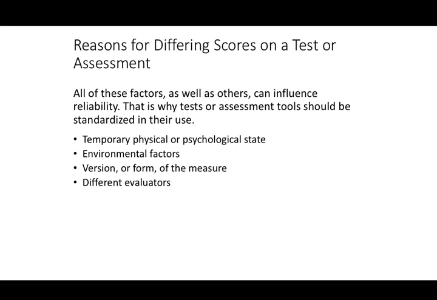For example, I might be anxious today, and that's going to influence the consistency of the results. So I might have been calm yesterday, but I'm anxious today, so we see some inconsistency in the results. There are also environmental factors that could influence things. The room is hot, the room is cold, the window is open, it's noisy, it's quiet. These all can influence